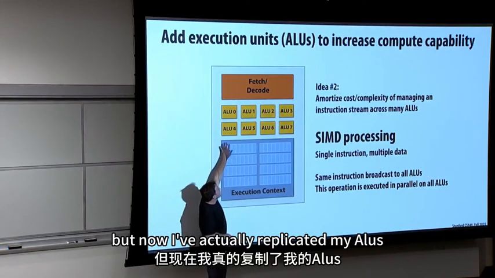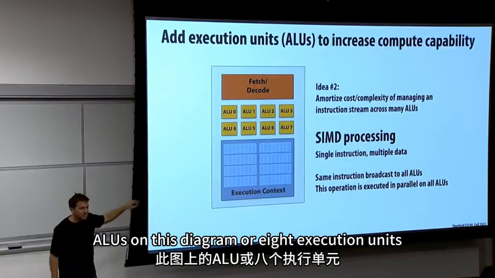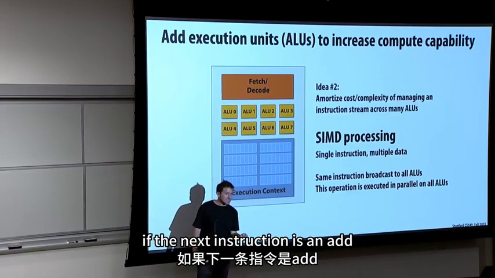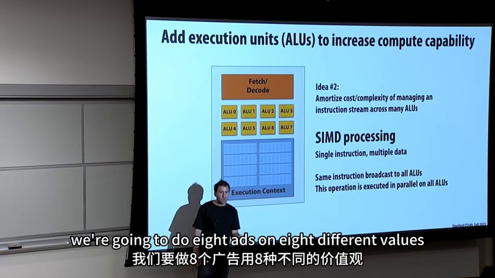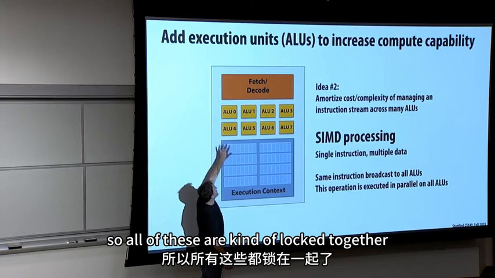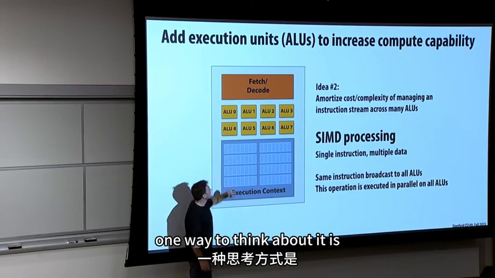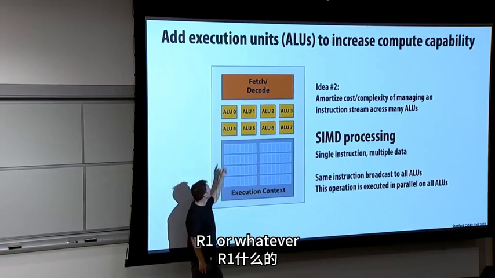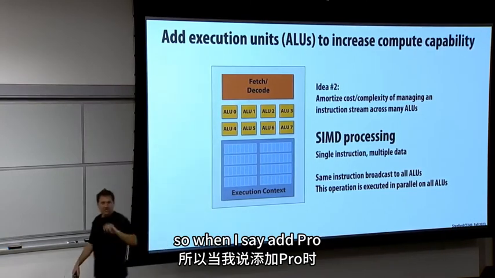But now I've actually replicated my ALUs. So I have 8 ALUs on this diagram, or 8 execution units. And what's going to happen is that if the next instruction is an add, we're not just going to do one add on one value. We're going to do 8 adds on 8 different values. So all of these are locked together with the same control. And for now, one way to think about it is I also took all the registers, R0, R1, or whatever, and I turned them into 8-wide vector registers. So when I say add,